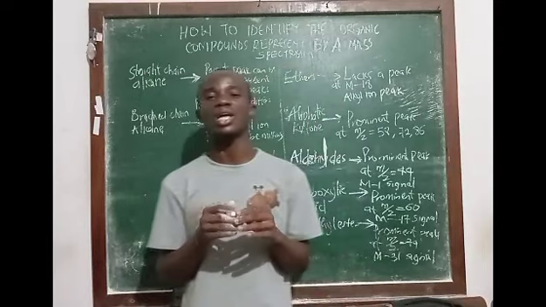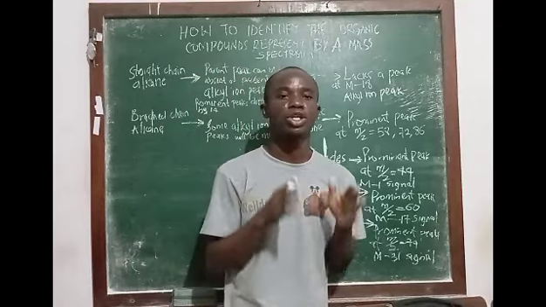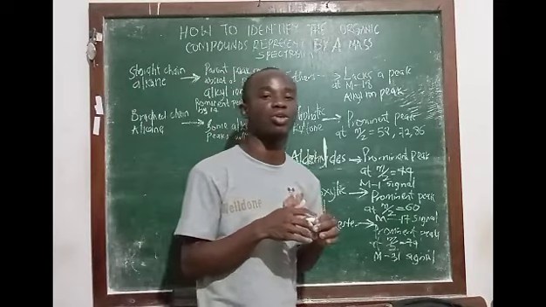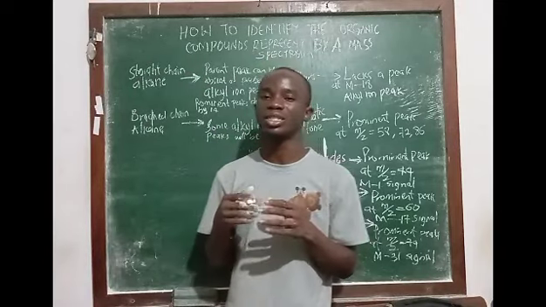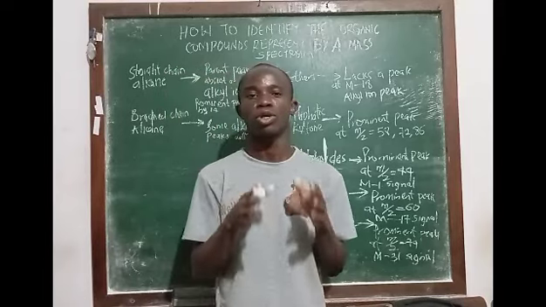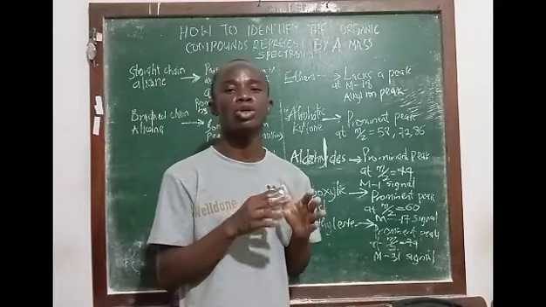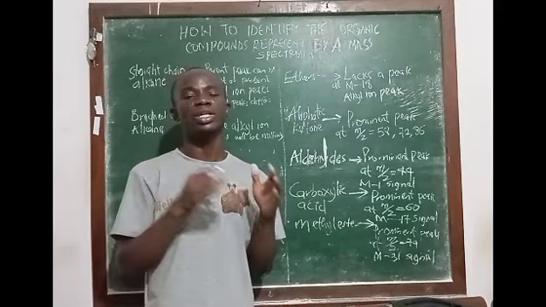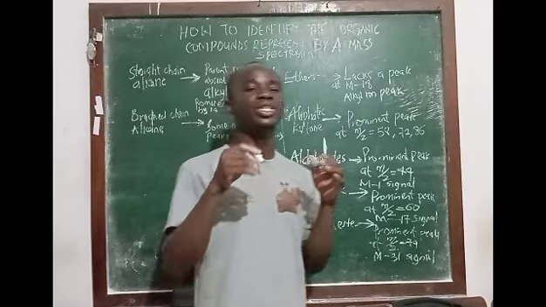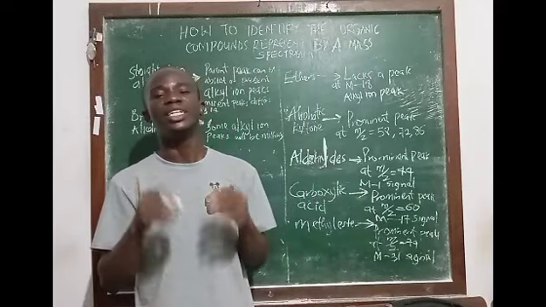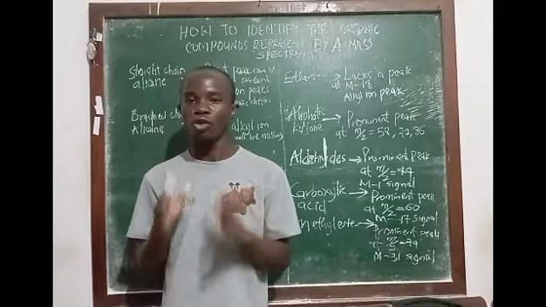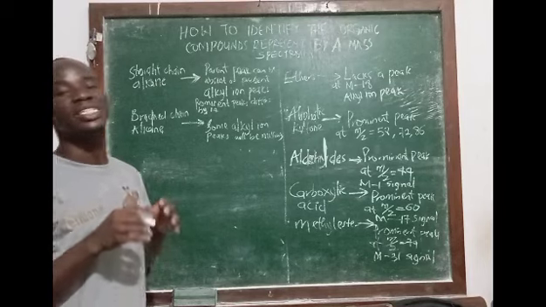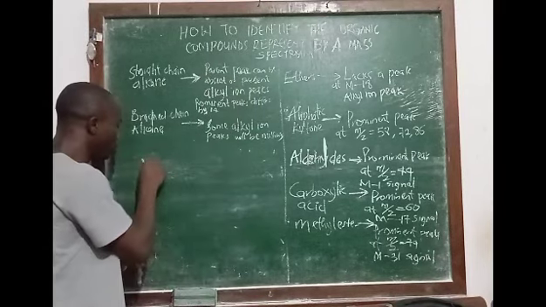With all of these things I've mentioned, I believe that at this point you should be able to read a mass spectrum and identify what class of organic compound is represented by any given mass spectrum. To round this lesson off, I also want to reiterate the benefits of the parent peak in knowing the molecular formula of the compound identified in a particular mass spectrum. So, for example, if the molecular ion peak in a mass spectrum